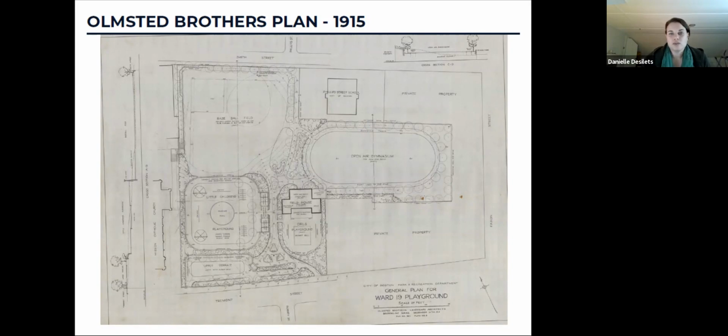But I think what's really interesting about this plan that we're looking at is you'll notice that in the center of the park, there is that core of the playground, just like we have today. To the north of that is a baseball field, just like we have today. And to the bottom of the slide, which is again Tremont Street, that's a very passive park with seating and planting. So it's always been very similar to what we have today.